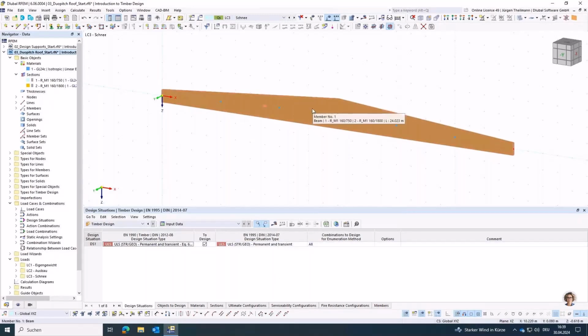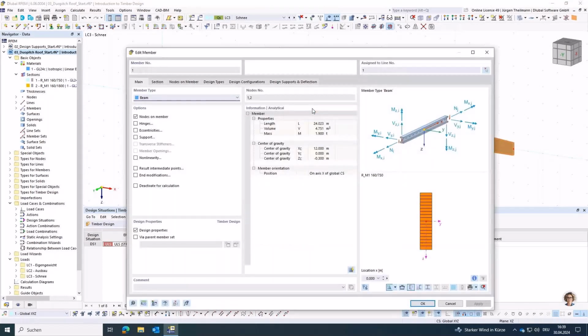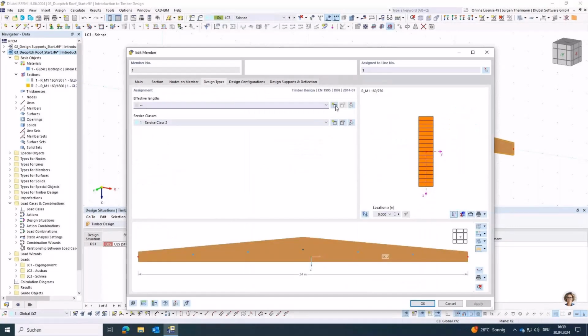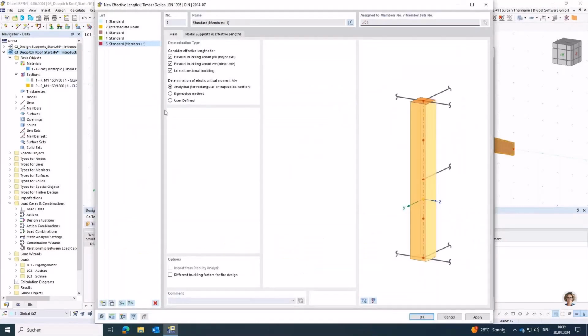And now I will jump into the design properties of this beam. I have the design properties activated. I go to my design types and create effective lengths for this. So now with this glue laminated timber, we need to consider the lateral torsional buckling. In timber design, usually we go for the analytical method. You can also use an eigenvalue method, or if you have maybe your professor gives you a task where you need to use a user-defined critical moment,